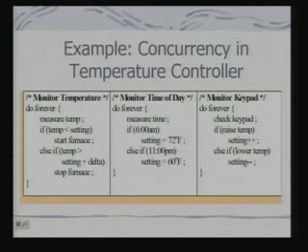So, let us take an example. This is an example of concurrency in a temperature controller. It is a simple temperature controller on a furnace. You can say that it is supposed to just control temperature. Why should it handle concurrency? Just see why it requires handling concurrency. Obviously, it is monitoring temperature, and depending on the temperature, it is doing some setting. But there are other issues which can come with it, because depending on the time of the day, different temperature settings can be specified. Also, the user can modify the setting from the keypad. So effectively these are three concurrent